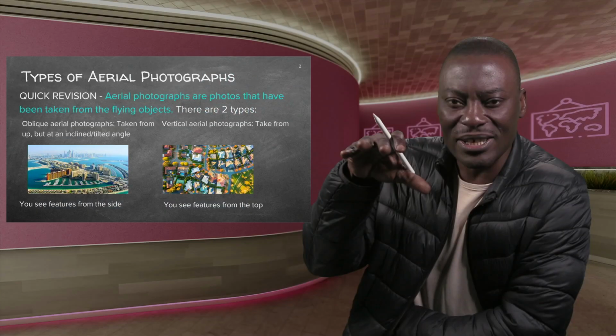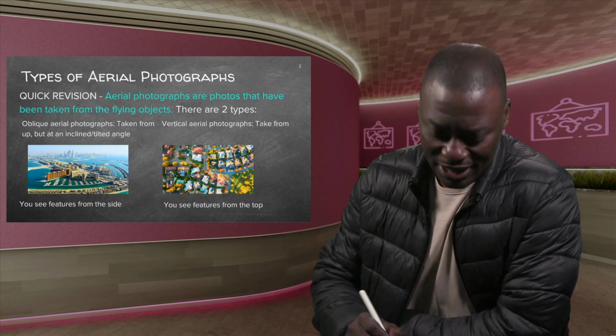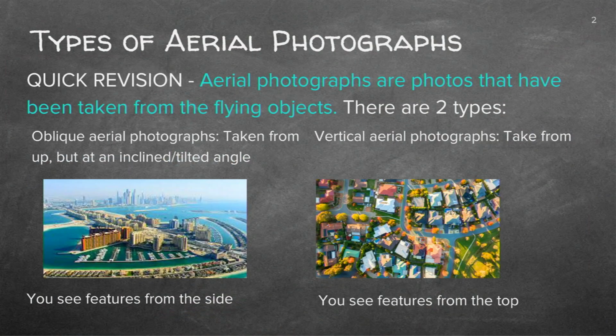Because the camera is tilted, you will get pictures such as this one. So this one is called an oblique aerial photograph because it was taken with a tilted